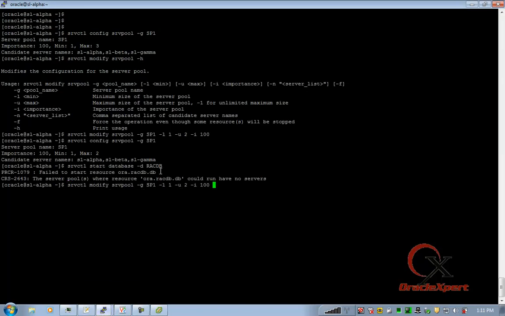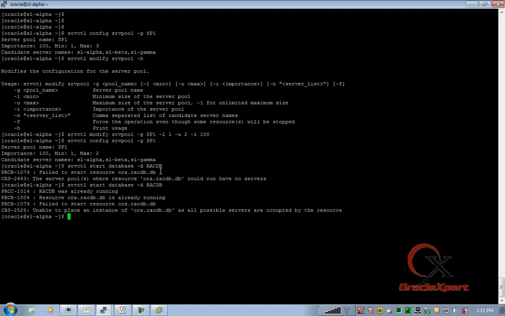Now if I say srvctl start database, it says database was already running. I tried starting, so by the time it started and started the database as well. I am confirming, is that true? So it has automatically started it on there. So need to understand why it never managed to detect alpha and beta as valid nodes.